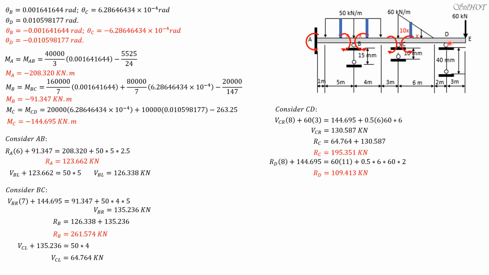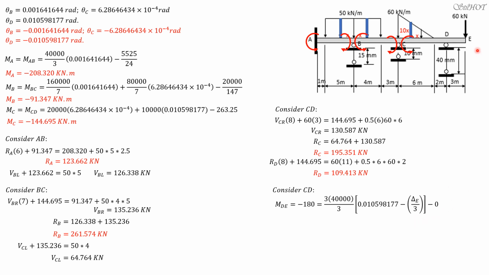So we have slope deflection for portion DE. We assume that E is below, so the rotation of DE is clockwise. There are no fixed moments because we imagine D and E are fixed, right? So by experience, there will be no fixed moments generated. So the formula is 3EI over L times theta D minus delta E over L, which is 3. Then there are no fixed moments. So moment DE is negative 180 equals 3EI over L, 3, times theta D minus delta E over 3, then minus